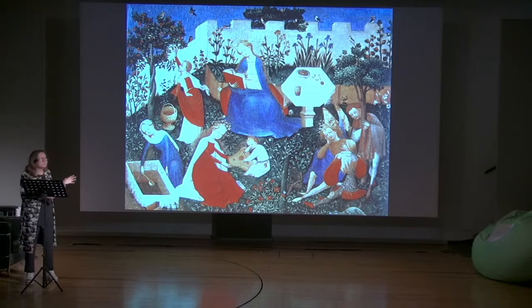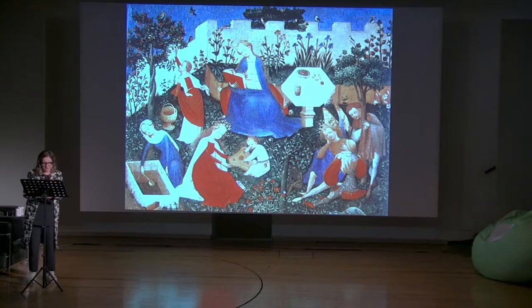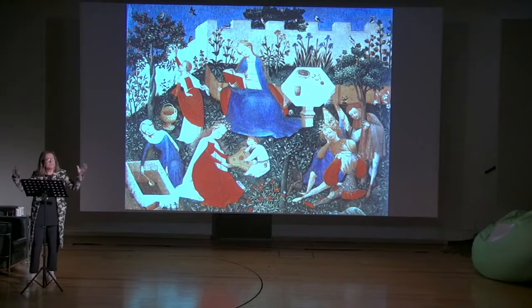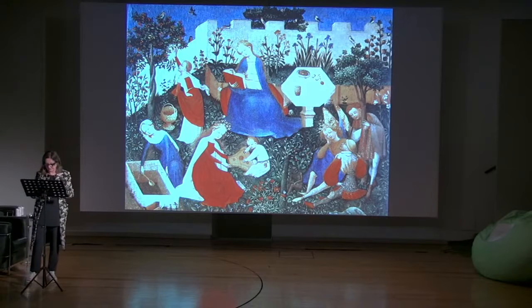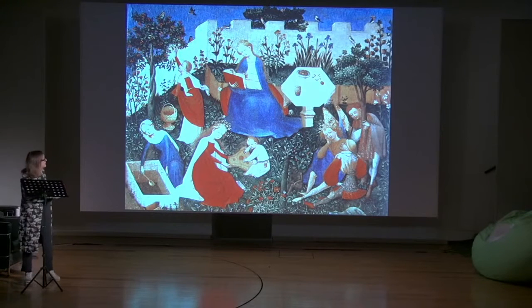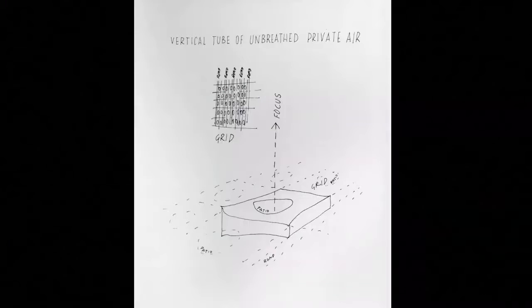So the garden, you can say, is a safe space, an imaginary world after or before fear. Indeed, the precise purpose seems to be to use the latest technology precisely to reconstruct the garden that precedes all technology, all fear, the Garden of Eden. But also another interesting clue is this diagram, the conceptual diagram of the house, which speaks about this vertical tube of unbreathed private air, right? So the fortification is all about producing this tube